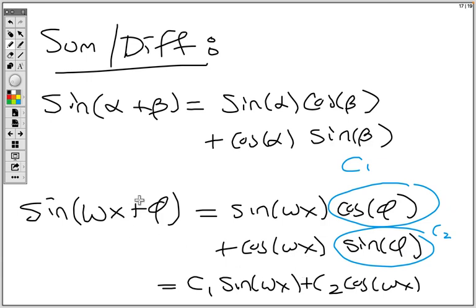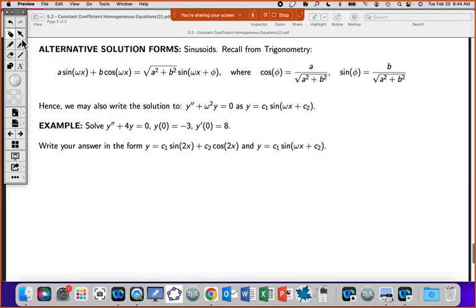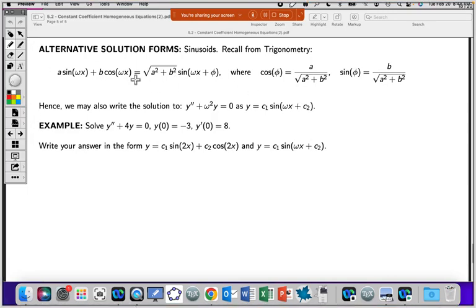All right. So instead of looking at a linear combination of sine and cosine of the same frequency, you can rewrite it as a sinusoid with the same frequency, but we've got a different phase shift. So this is called the phase angle, or the phase phi. So what you can do is you can go through and figure out what these are in terms of the